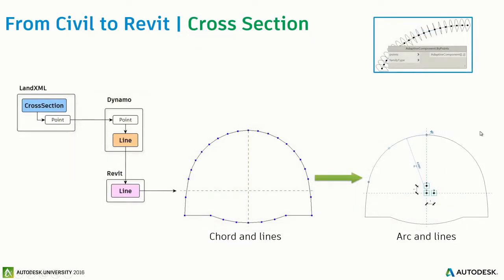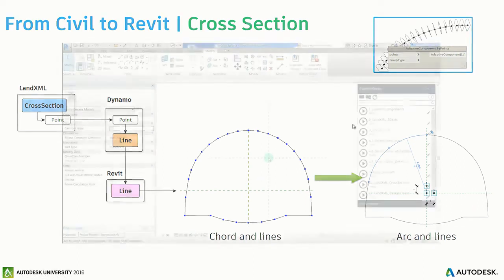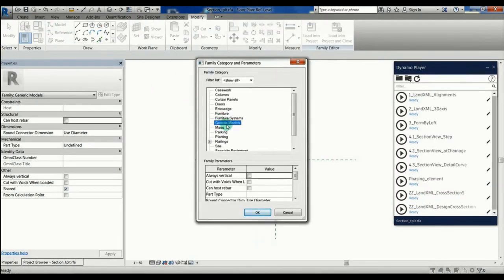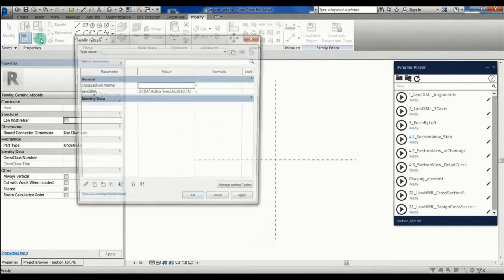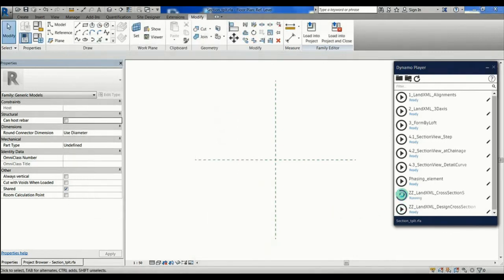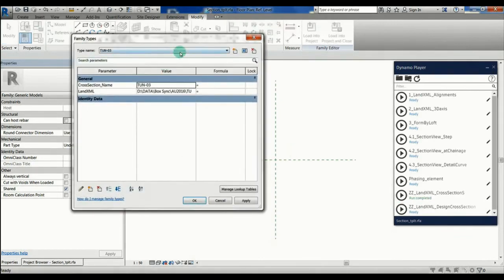So now I will do exactly the same concept for the cross section. So I will read the LandXML. I've got all the cross sections, all the points, convert them into Dynamo, create some Revit lines, and then I will use those lines to create my own Revit family. So other properties can be a template for your families here. So I've got only the LandXML file path. I just hit a script, cross sections. It reads the LandXML. In this case, we got 3 kinds of cross section,